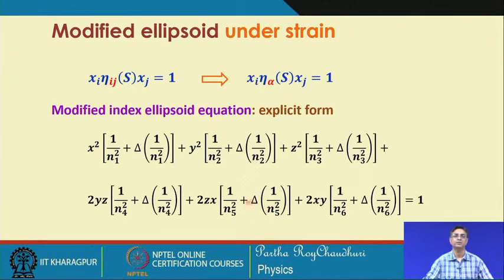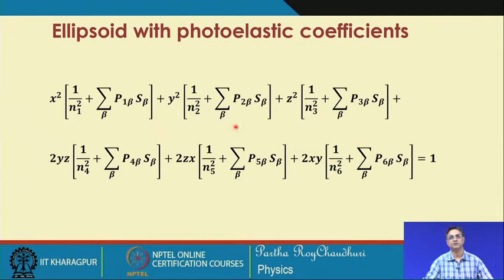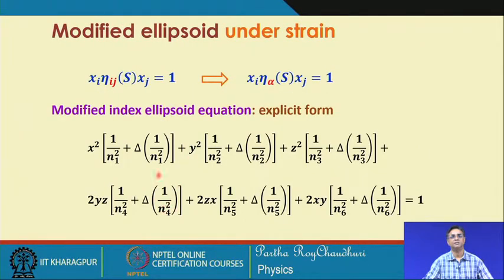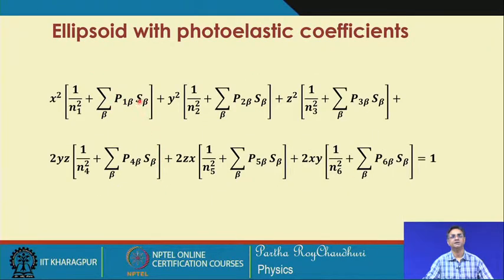We will see which of the components will be non-zero, non-vanishing, and which of them will be 0, depending on the condition of the acoustic wave and the medium property in the form of the strain optic coefficients. So, this is in the strain optic form, because this delta impermeability 1 can now be represented by this, again in the compressed notation. So, this is how we can write this equation.